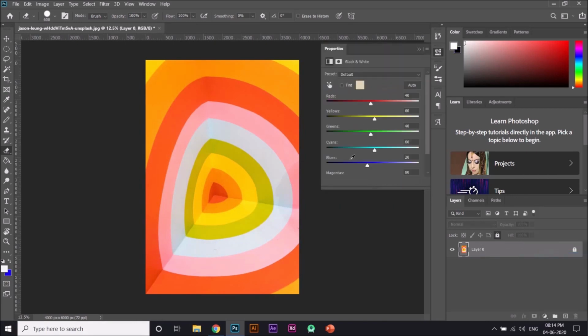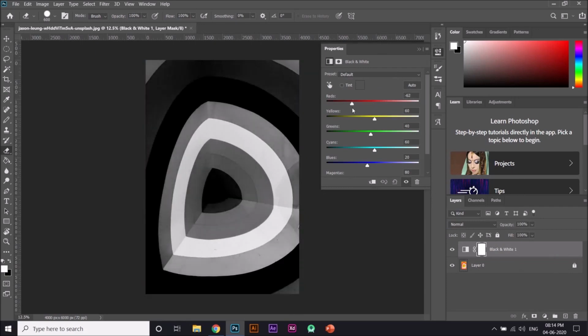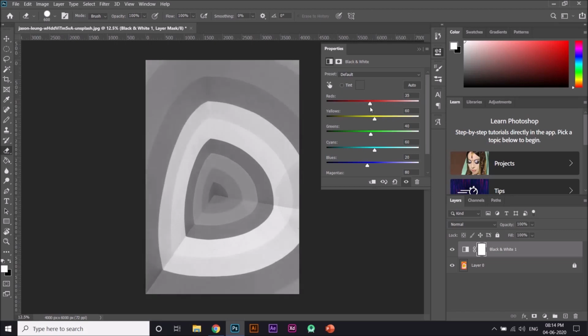By the name you might have already known, it applies a black and white tint all over our layer. That is, an adjustment layer is created which makes the layers below black and white, and we can control the strength of darks and whites by changing this. So wherever it is red color, I can make it dark by dragging it to the left, and if I want to make it brighter, I can drag it to the right side.